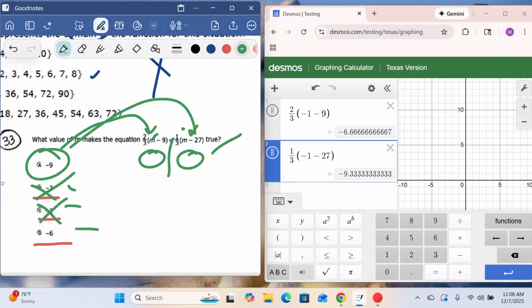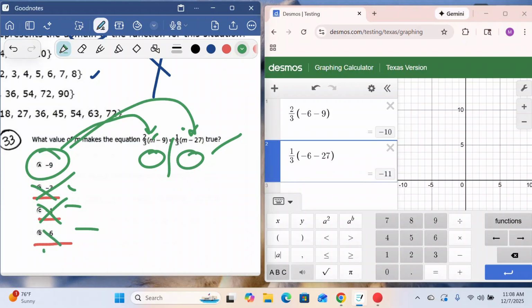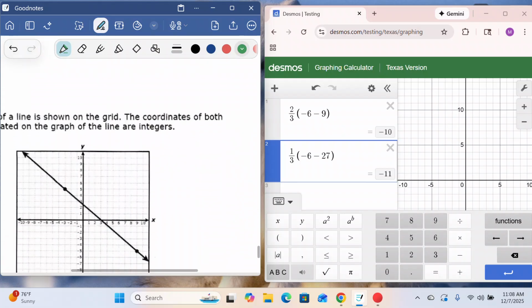And then I want to test the last one to make sure, because this is an easy problem to do. I backspace as I put a 6, and then I put a 6. That gives me -11. Very close, but not close enough. So that is the only true statement, and that is number 33. If you look at number